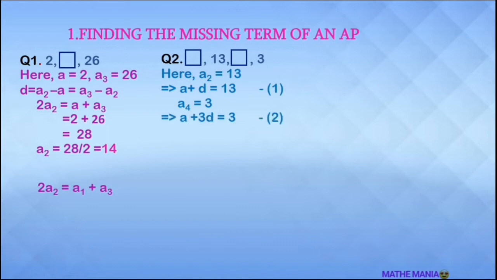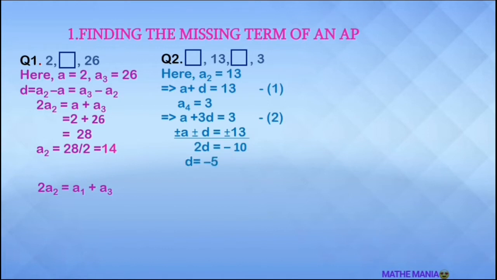Now we have 2 equations in 2 variables. Do you remember how you used to solve linear equations in 2 variables? There were different methods: substitution method, elimination method, and cross multiplication method. Here, as coefficients of a are same in both the equations, we can use the elimination method in which we either add or subtract the equations. I'm subtracting first equation from second, and so we get 2d is equal to minus 10,